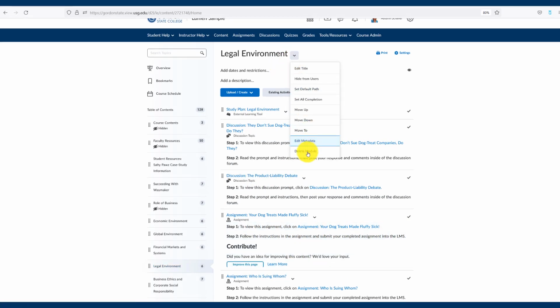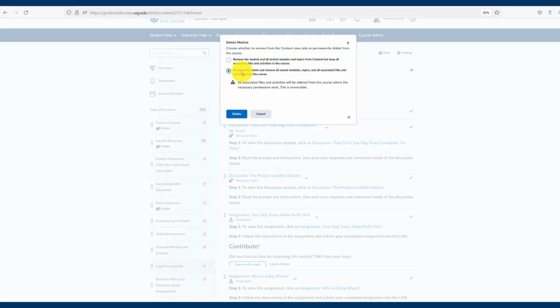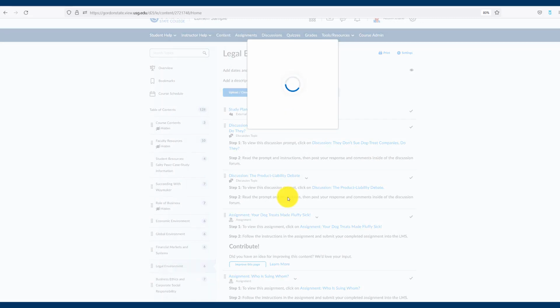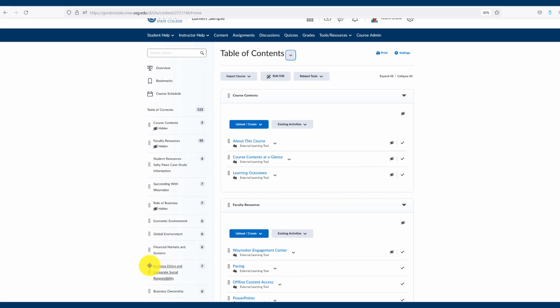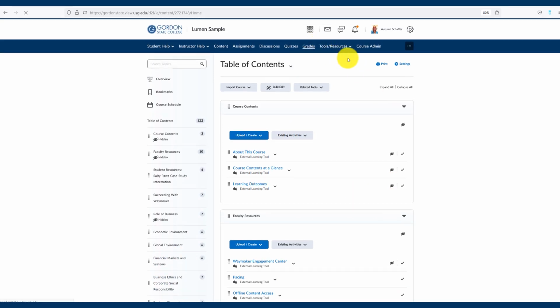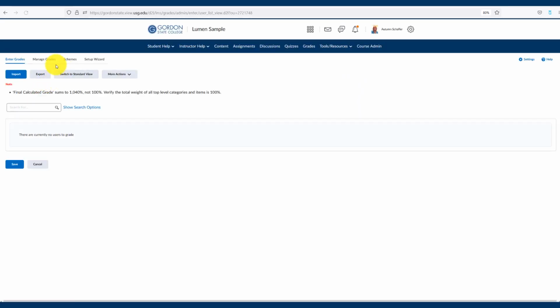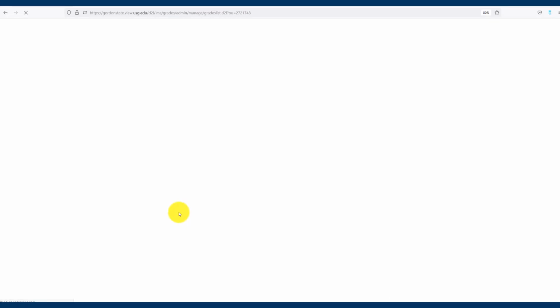So I would come here and do delete module, make sure to choose permanently delete, and that's going to delete all the sources and materials in that particular module. It's going to take it right on out of the course. So from there, give it a second to delete. You see it's gone. So now when I go to grades and manage grades,